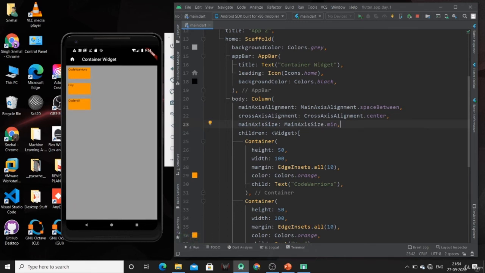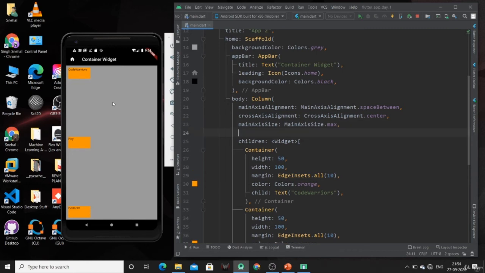So here I have specified the main axis size as minimum, so this will occupy the minimum space that they can occupy. Now similarly I can also specify the main axis size as maximum, then it will cover the whole space which is available. So this will be the main axis size dot max property.